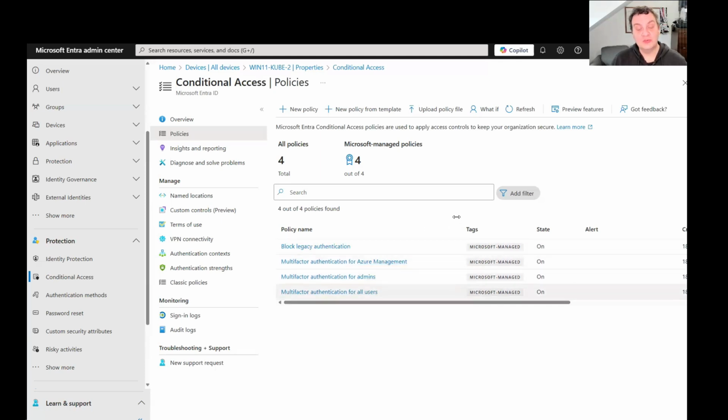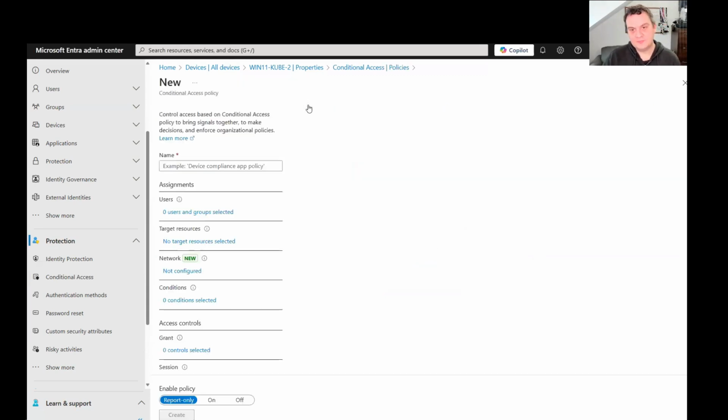I would imagine, we'll see these Microsoft managed policies there. What they are really about is controlling how you authenticate. So the top one is turning off legacy auth. That's forcing you to use modern-style authentication, and it's requiring multi-factor authentication. That's fine. We're not going to touch those. We'll leave those alone. So what we're going to do is create a new policy, and we can call this